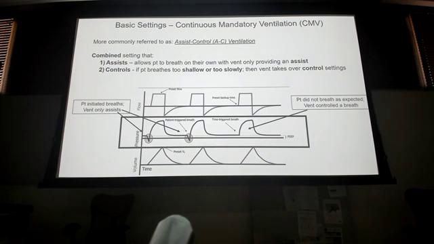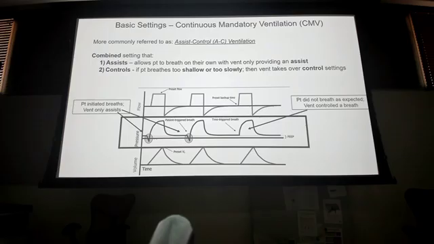So assist control ventilation, right? Most of our transport or pre-hospital vents are going to be in this mode. They're preset for that. So the patient triggers a breath, which you see right here. This is your baseline, this dark line, so we'll say that's 0. Patient takes a deep breath in, it goes negative because they're drawing air in. The ventilator detects it, and it gives the rest of the breath, meaning it's going to be uniform and equal throughout. So it's going to give that preset tidal volume of whatever you set it at.